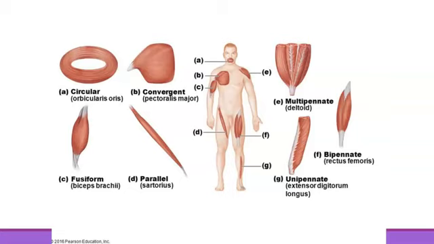The next type of pattern is the convergent pattern. This is where the origin of the muscle is broad. The fascicles will then converge toward the tendon of the insertion of this muscle. The muscle can be triangular or fan-shaped, and then muscle fibers will extend along the length of the muscle from origin to insertion. An example of this is the pectoralis major muscle of the anterior thorax, which we've seen in our cadavers,